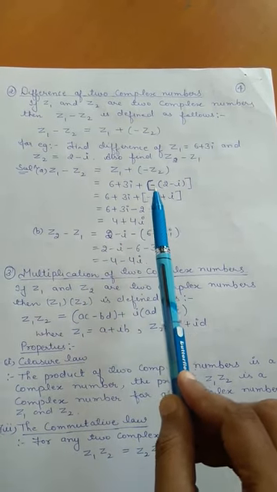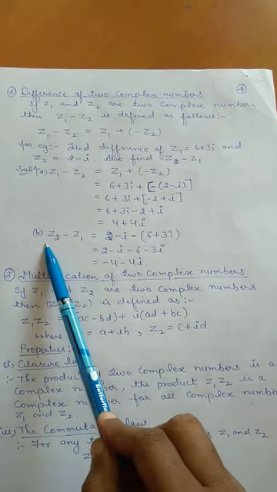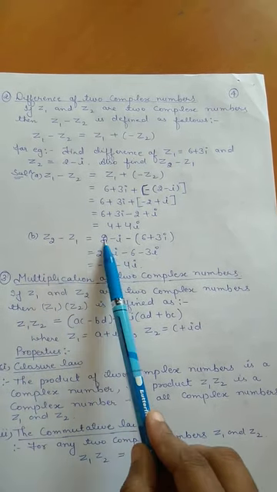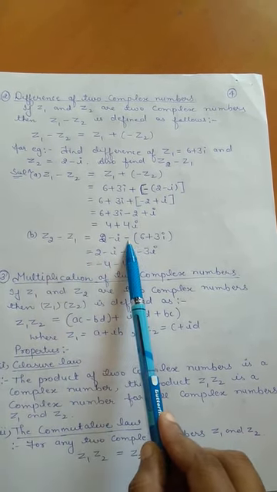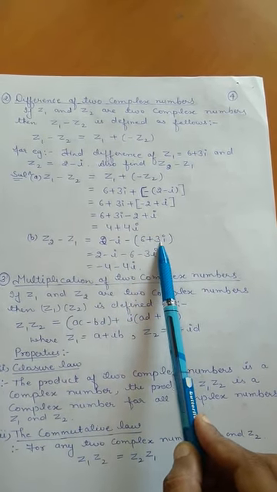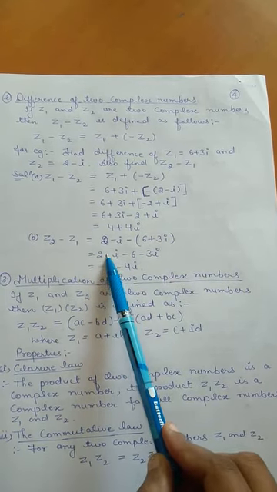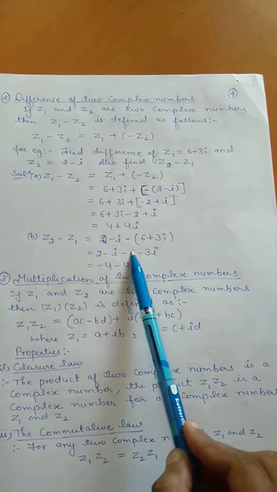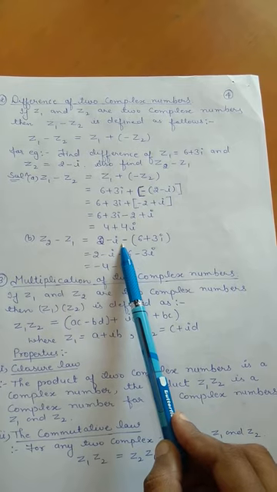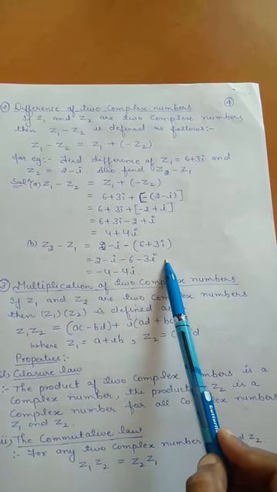Now बच्चे, I will show you the reverse case in which I am subtracting z1 from z2. Is it clear? Now what is the value of z2? 2 minus iota. This is the minus symbol. And what is the value of z1? That is 6 plus 3 iota. So it will give me 2 minus iota minus 6, because outside the bracket a negative sign is there. So both signs will change, and I'll get minus 6 and minus 3 iota.